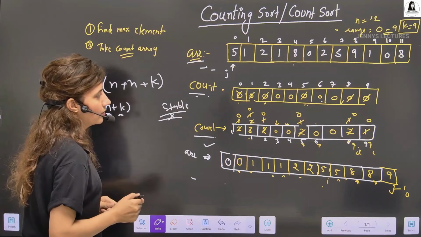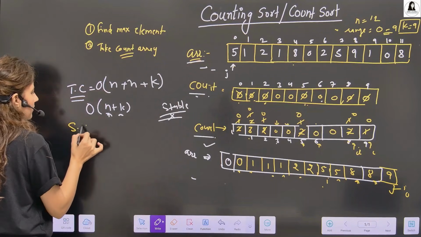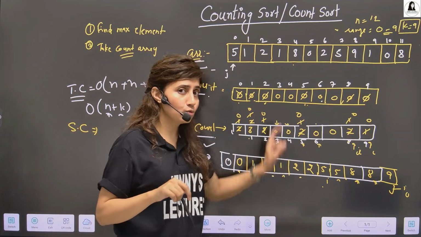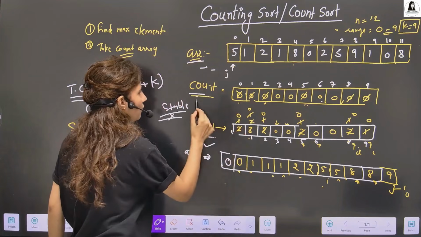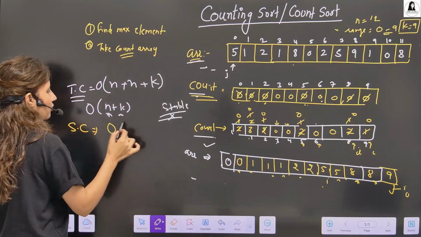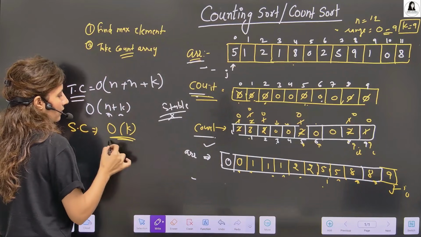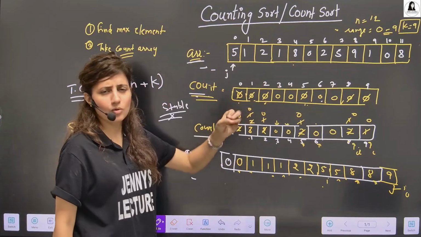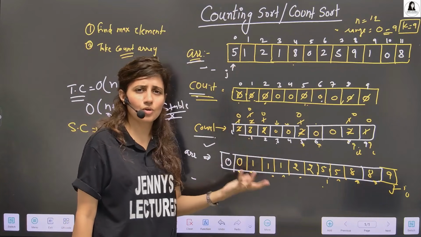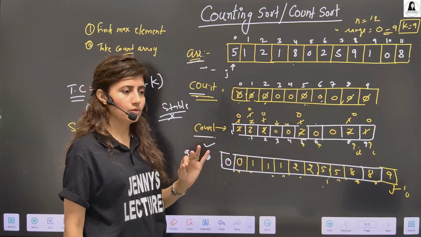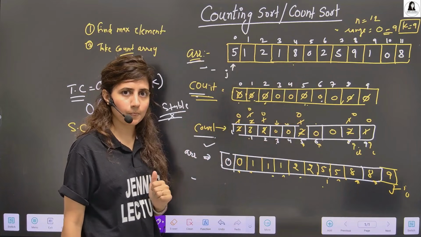That is count sort. Space complexity. What extra, auxiliary space are we taking to solve this problem? We are taking this count array. The size of this is k. So it's order of k. That's it. Just one extra array we are taking. Otherwise, the few normal variables we are taking are constant. But the array we are taking is of size k. So order of k, that is the space complexity.